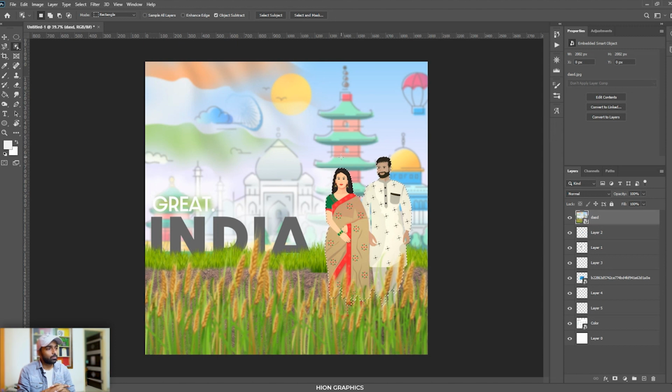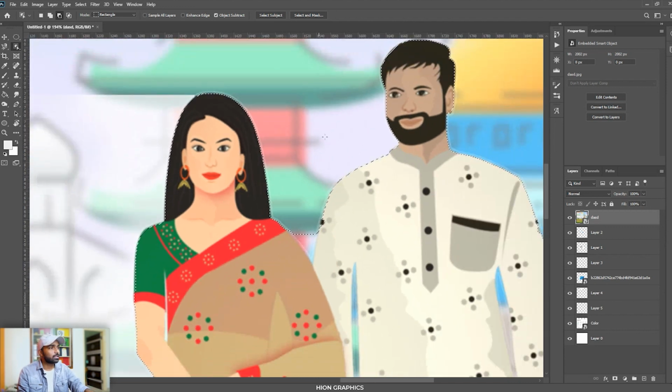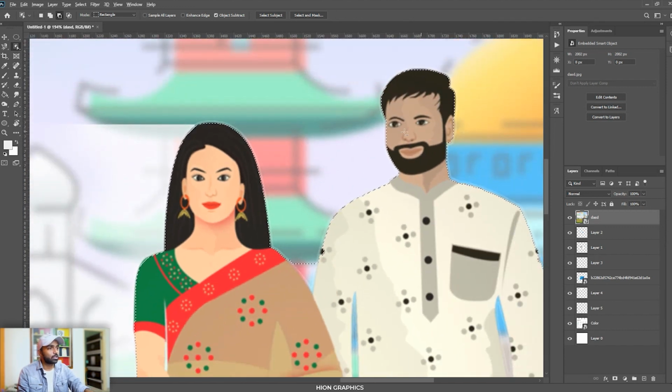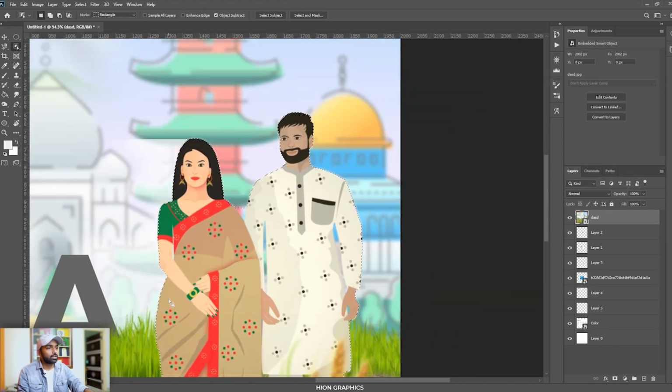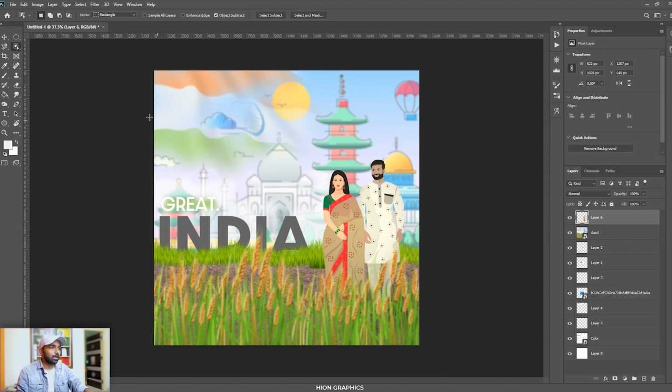It has selected the whole object that I wanted to select, though some small problems are there here, which we will learn how to fix in the future lessons. But right now, see, it has selected something so easily, so properly, that you can just take this, copy this, paste this, and you have this one more.